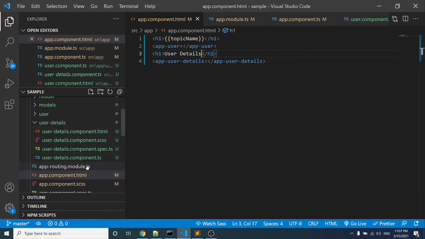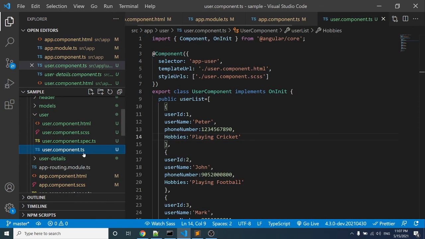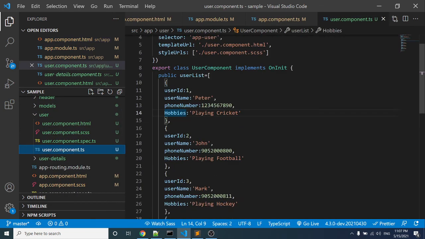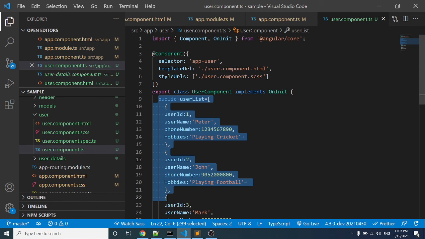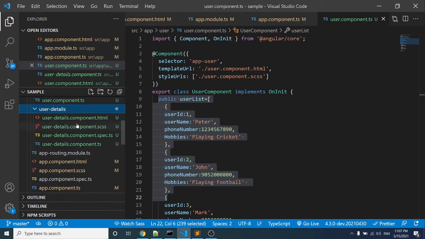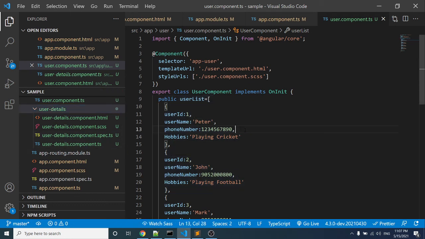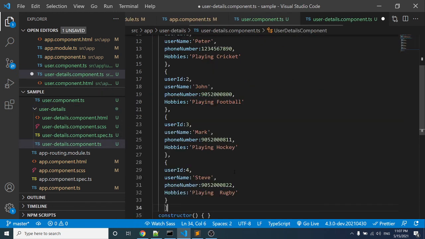Inside the user component, we have this array of user list, so we can access this data only inside that component. If we want to display the data inside the user details component, we need to make a copy of this and paste it inside the user details component.